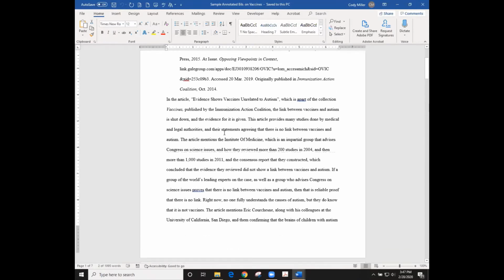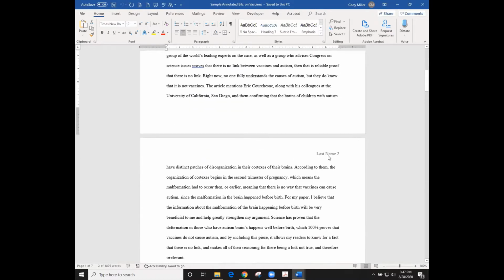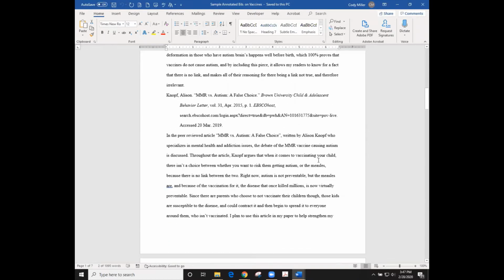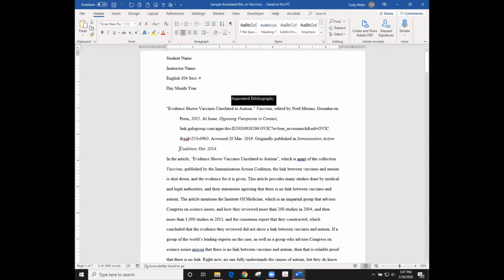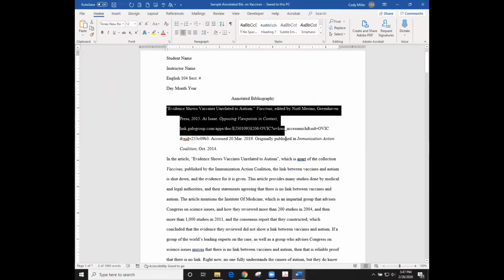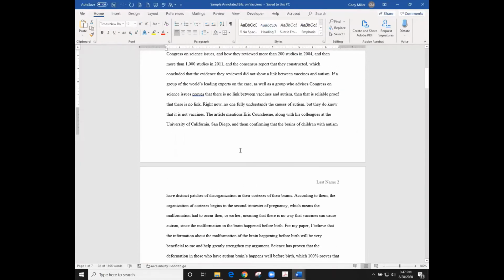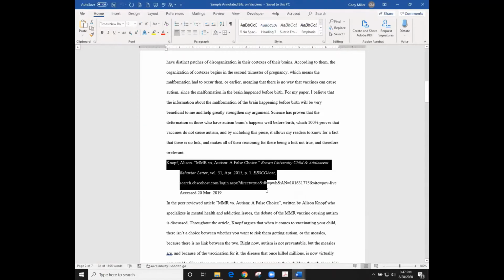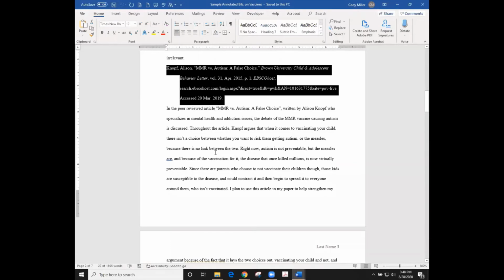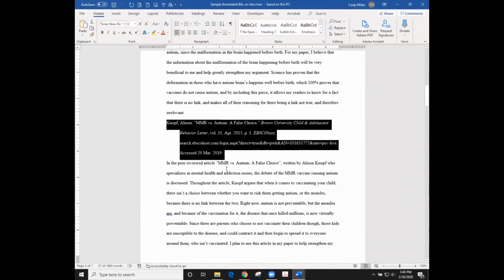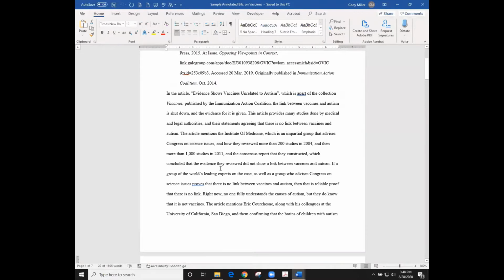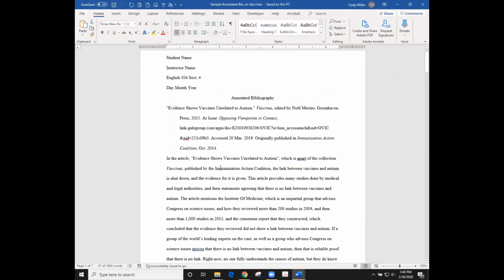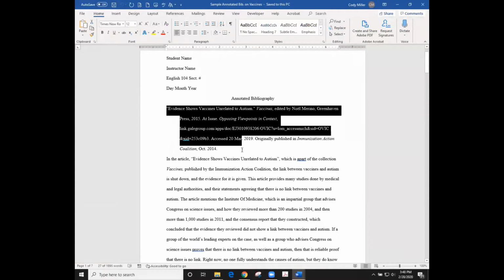Now, as we look throughout the rest of the document, you'll see that the header carries from page to page, and you'll see that we have very similar formatting for each one of these entries. So this is what we would call a works cited entry. You'll notice that we have a works cited entry down here. And then we get the stuff in between here, which is largely the annotation part of the bibliography. It's really notes about the actual source that is appearing right here.